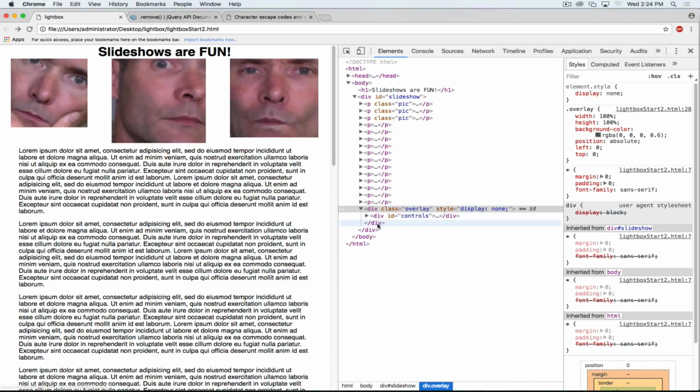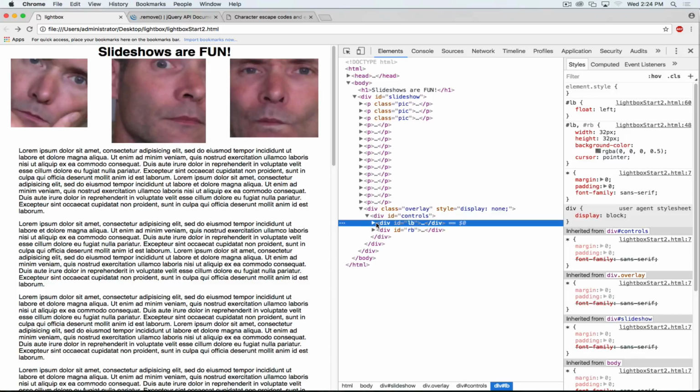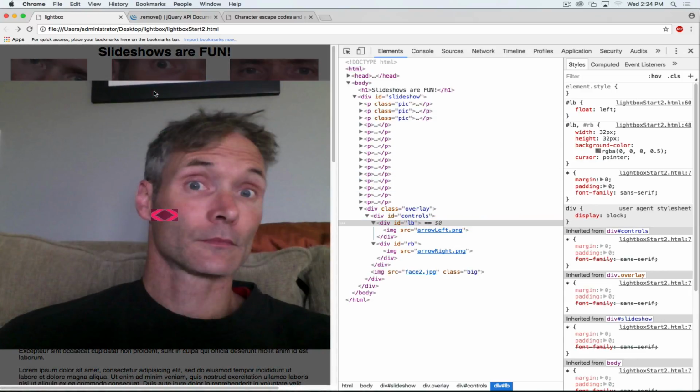Reload the page. We look at our controls. We can see it's now loading the different arrows. So we can see that in our elements. If I click, it puts the arrows on screen. Now the arrows don't have any cool rollover effects or anything else going on right now, but we can take care of that